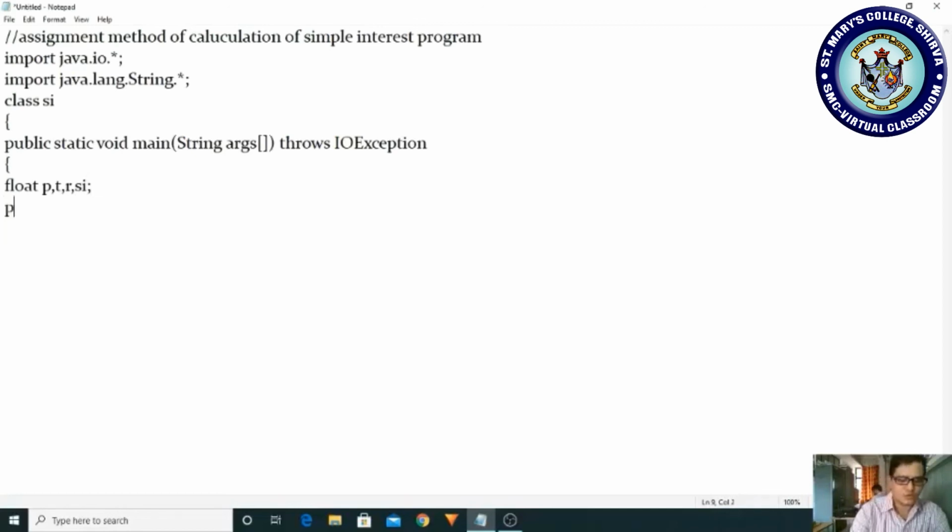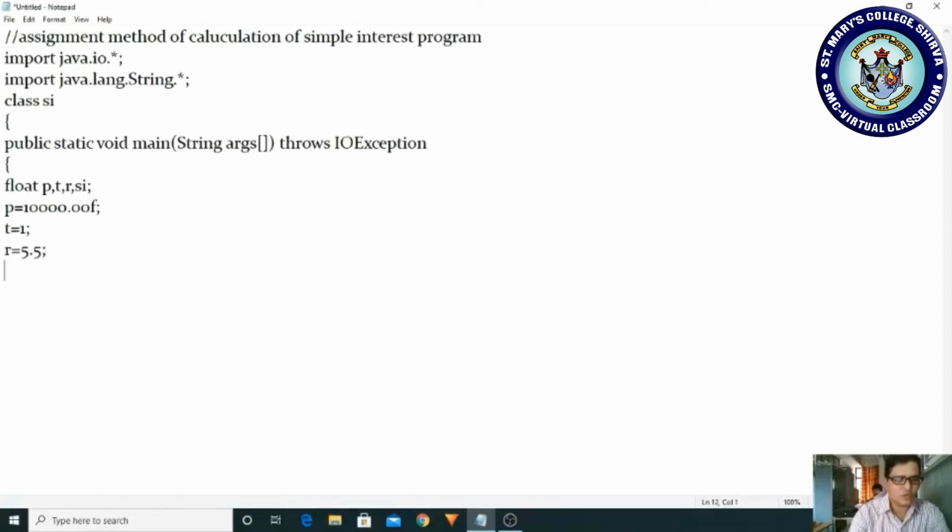Now we want to store the values. For storing the value, I am giving 10000.00f for the principal. F indicates it is a floating point. T I am giving as 1 year, and the rate of interest is 5.5, I am giving it as 5.5%.